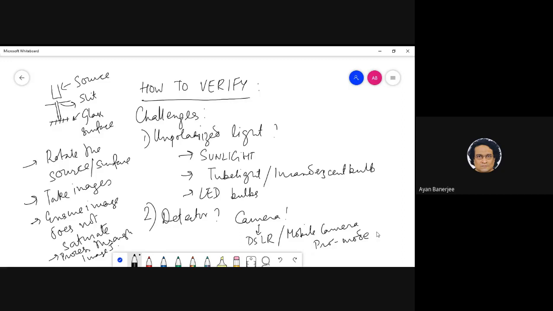So maybe those who don't have pro mode, why don't you do this as a theoretical simulation? That at least you can do, no? Guys, can you do that? At least convince yourself that this works. Because I'm very serious, I have not seen this in any textbook. No textbook tells how you should deal with unpolarized light when it comes.